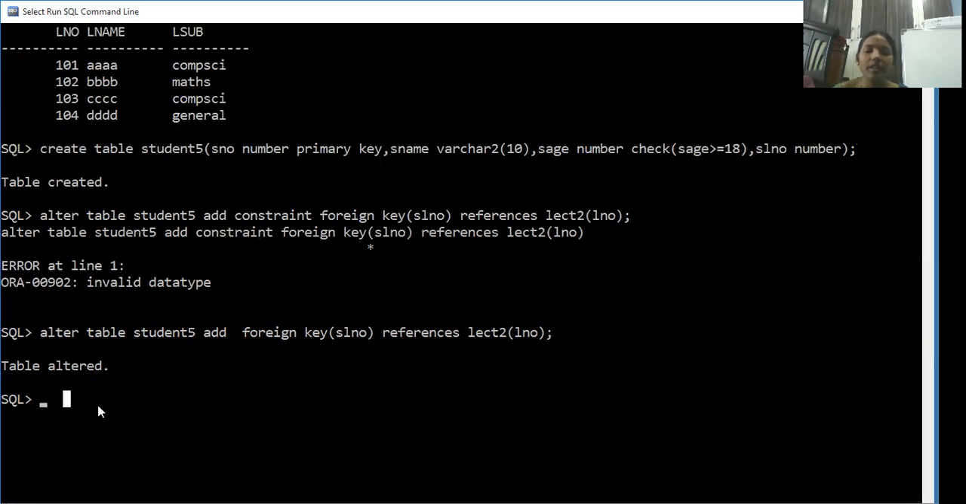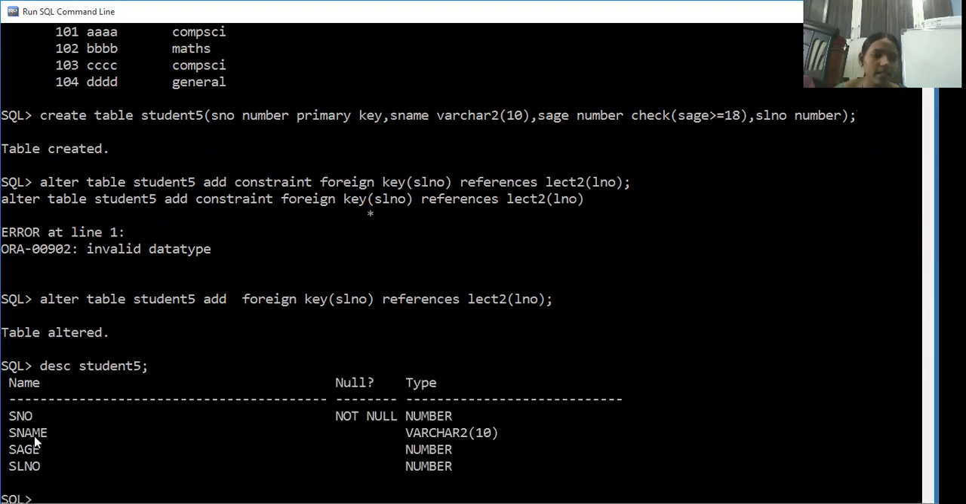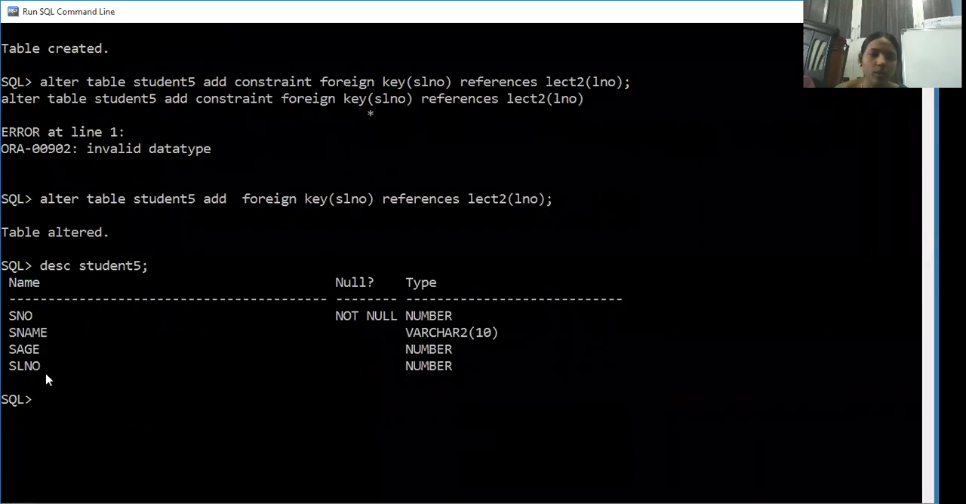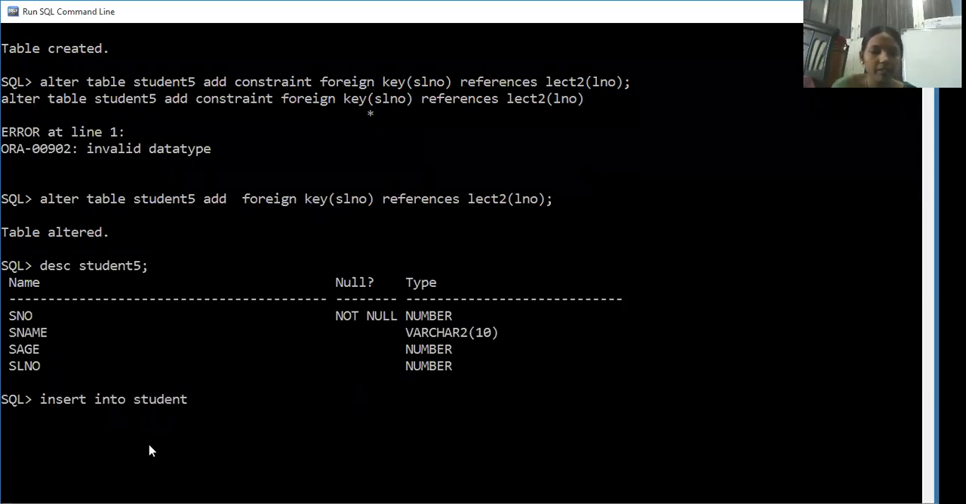Now we insert the values into the student 5 table. So in the student 5 table, what columns do we have? Let me check once. So we have SNO, SName, age, SLNO. Now we have to enter the values into this. Now insert into student 5